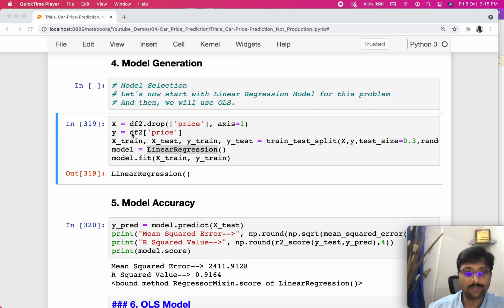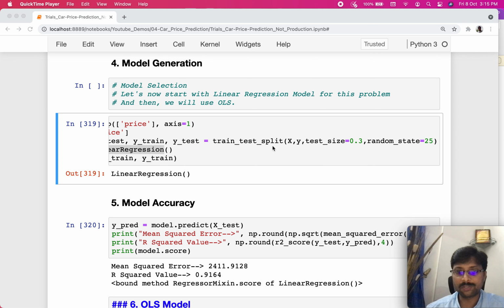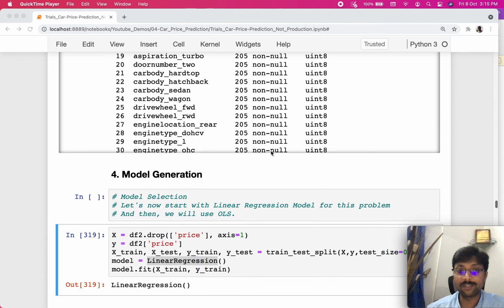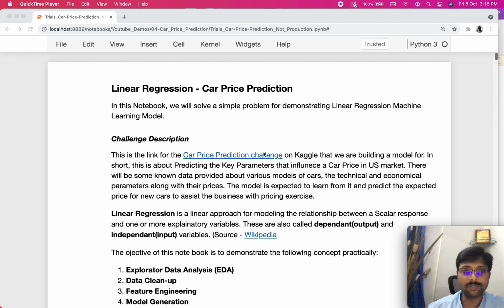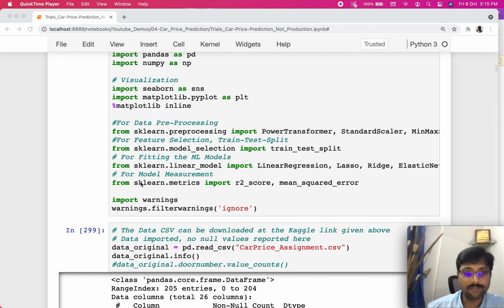So the first one here is what we're trying to do. We got the x values from the dataset. The x value is every column except the price. So we're just dropping the price and assigning all the remaining columns to x, right? And y is only having the price column, which is what we're trying to predict, right? And we use the train_test_split function, and this is also from the sklearn library. So let me show you the import as well, so you are familiar with this, right?